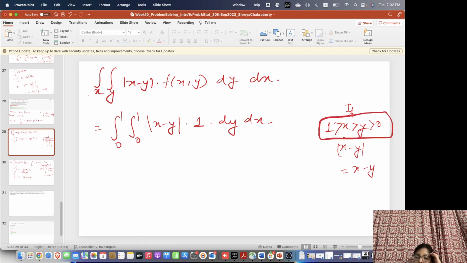If 0 is less than y less than x less than 1, then y minus x is negative. So mod of y minus x would be x minus y. So here we are going to write it in this fashion. So when y is ranging from 0 to x, mod of x minus y